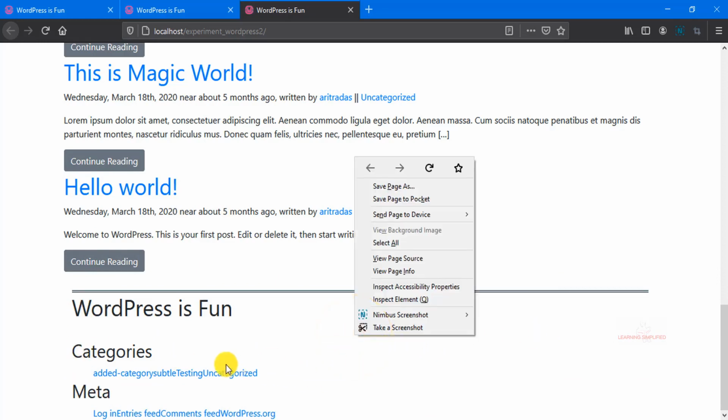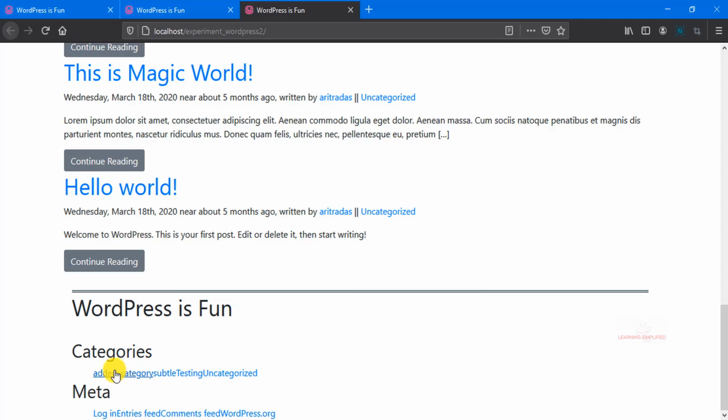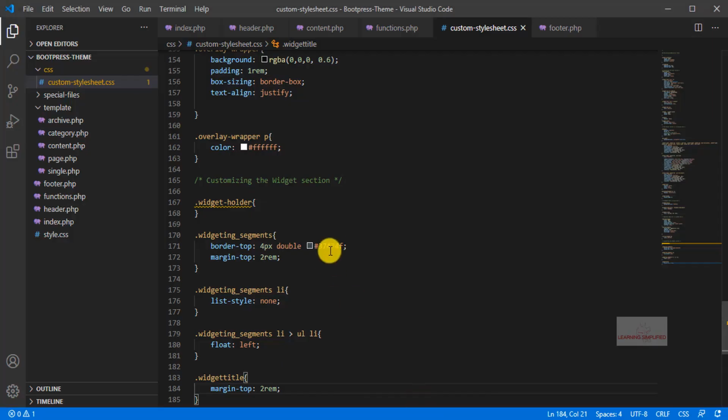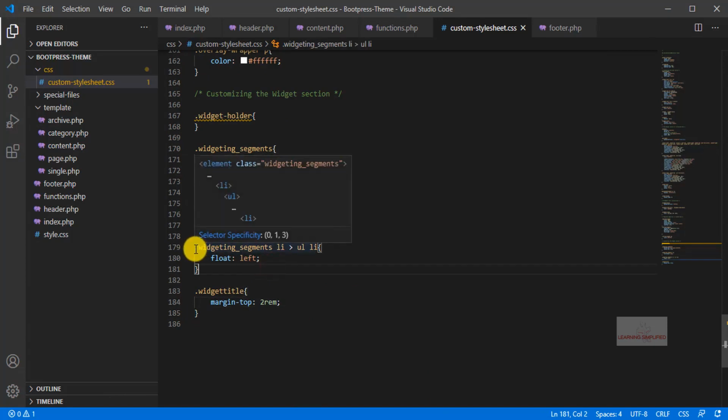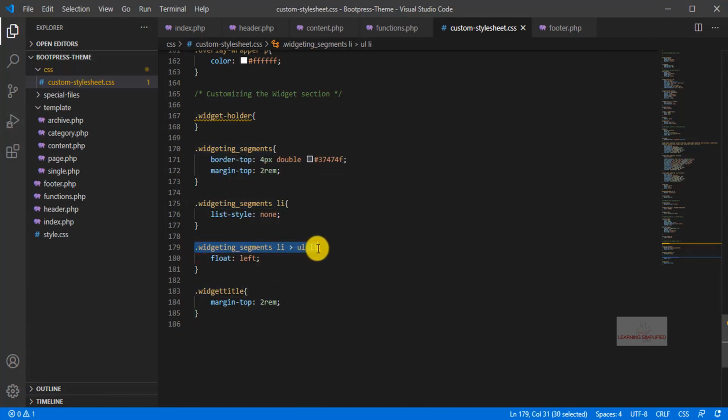Now in the next case, we need to put some spacing between each and every list element right over here. These are practically links which come under the list elements of the sublist item of the main list elements. So this is what we are going to customize next. Let's get back to our project. There it goes.